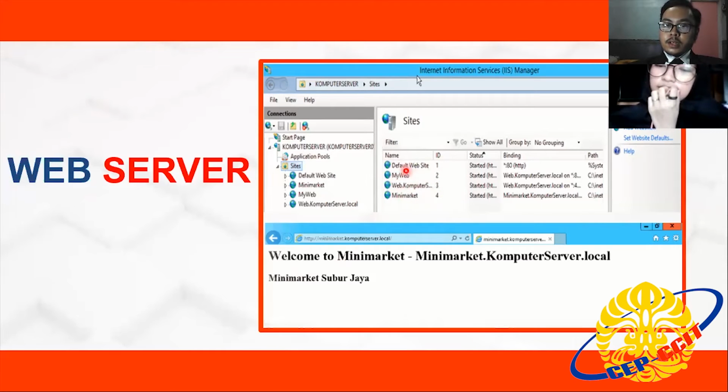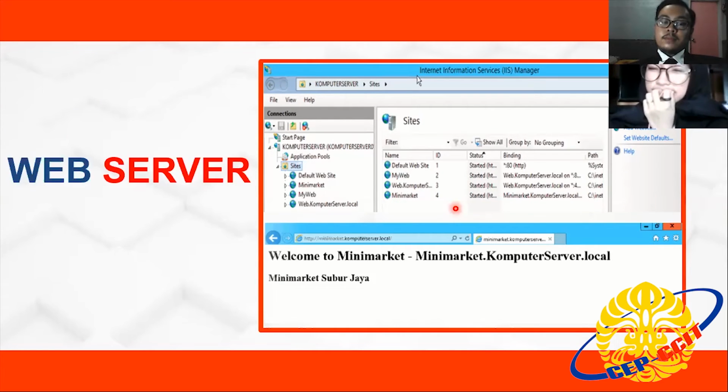This will make a mini market web. To make sure the web can be accessed from the server and client, configure it on the server, and the client can only access the content of the web.